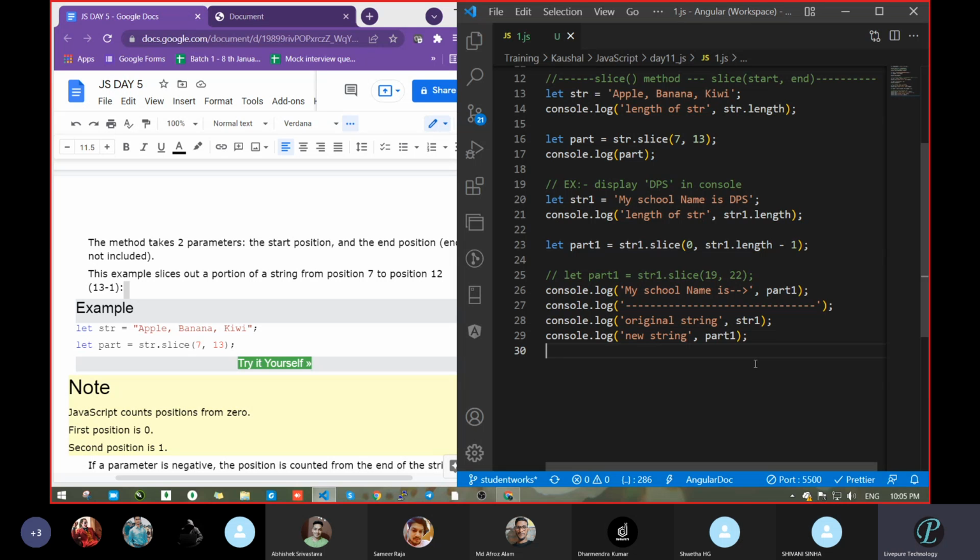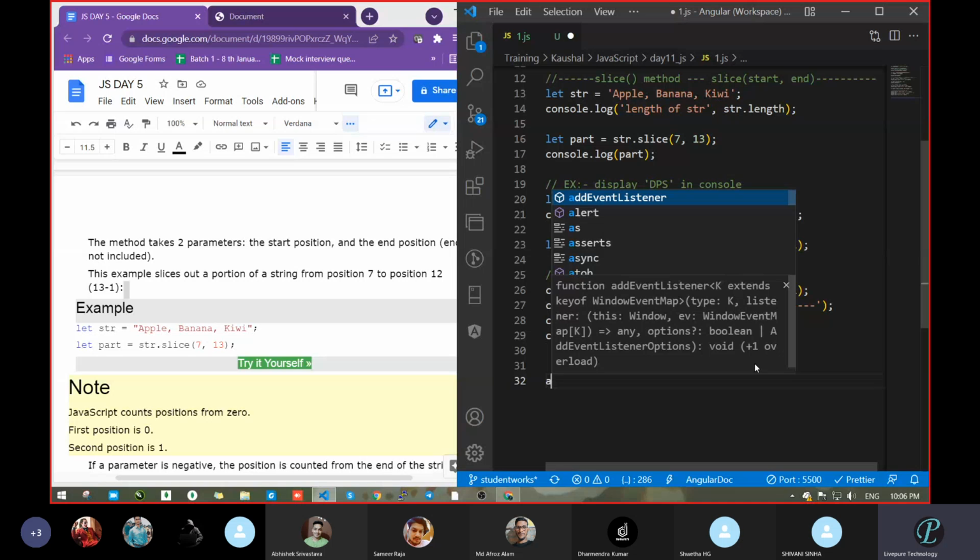The if condition will be like that: always I want the last two letters of all members. Suppose that we had entered our names. What I want is everybody's name, and the last letter only, not the starting letter. I want the last letter.